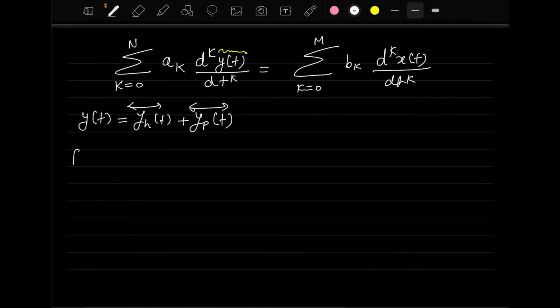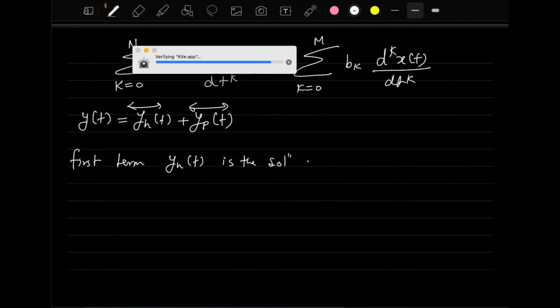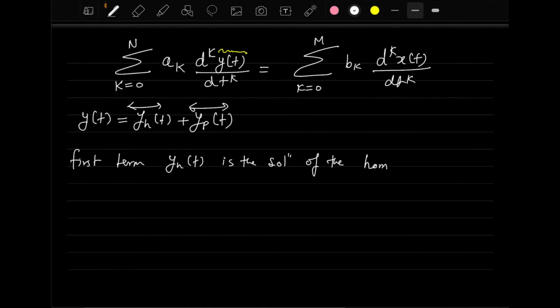So the first term, yh(t), is actually the solution of the homogeneous differential equation found by ignoring